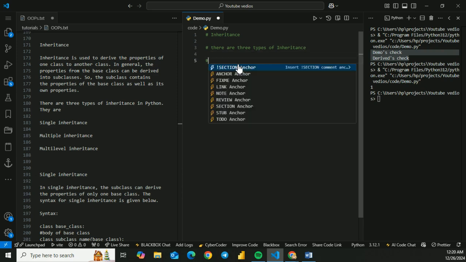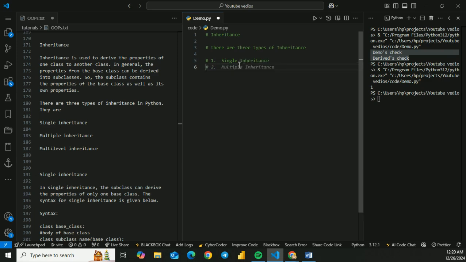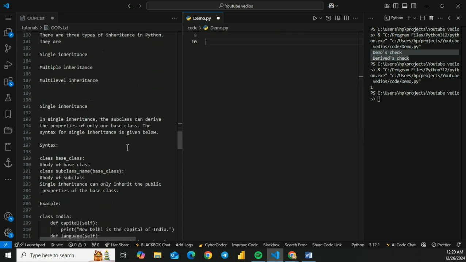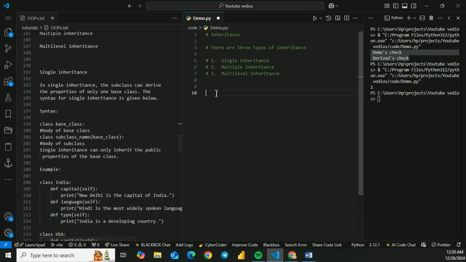So basically, the one is called single inheritance. Another one is called multiple inheritance, and the third one is called multi-level inheritance. So first comes the single inheritance. In single inheritance, the subclass can derive the properties of only one base class. So the syntax for the single inheritance is given, whereas now we talk about the single inheritance,